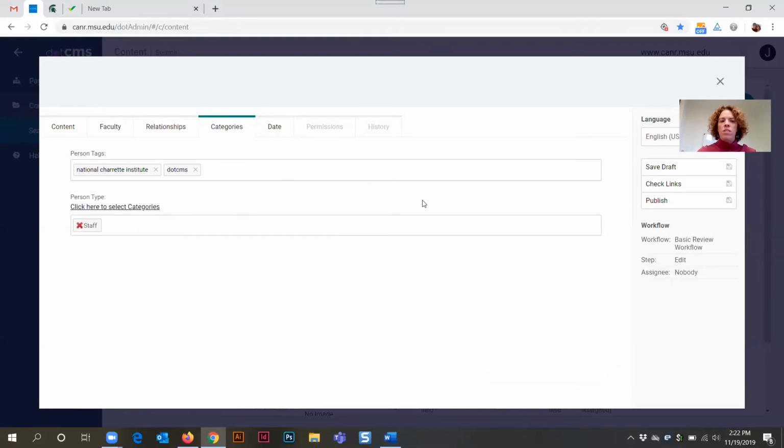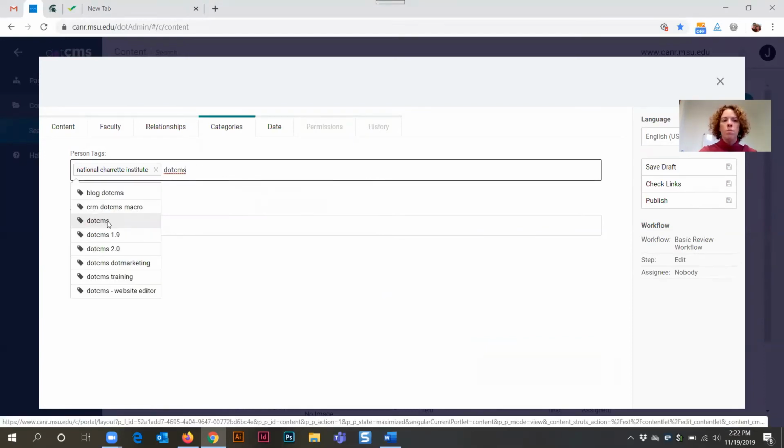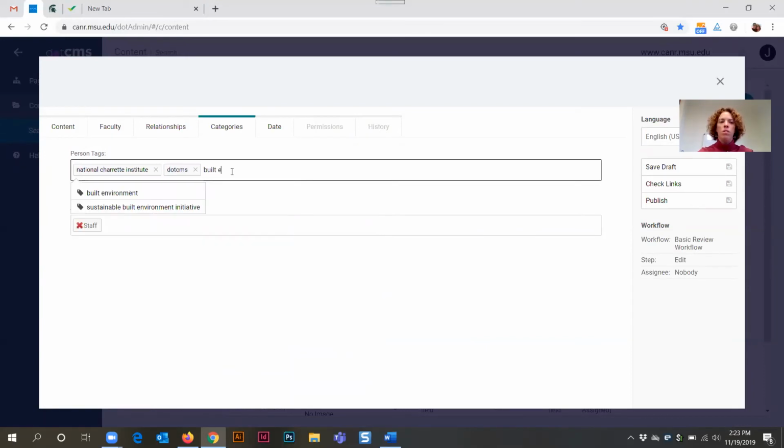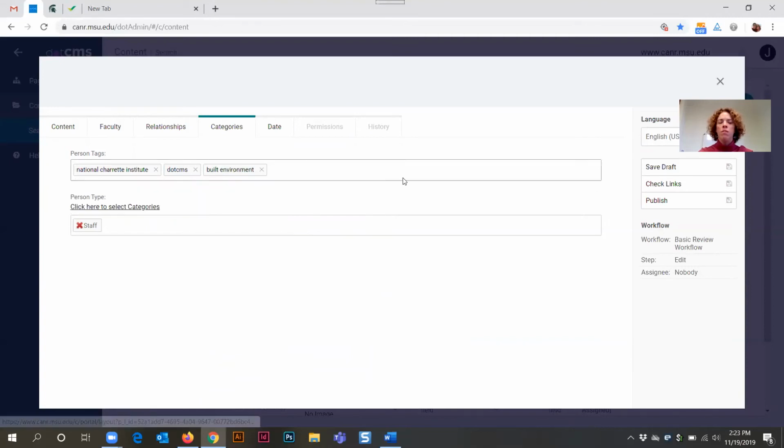The other way that this is also used is to showcase areas of expertise. And that could include related to a person. It could also be related to a project of some kind. So for example, maybe you're working on a built environment project, and that's a tag that you want to use throughout all your work. It's a main keyword that you're going to use throughout all your work. So I'm going to type in built environment, and there happens to be a tag for that.